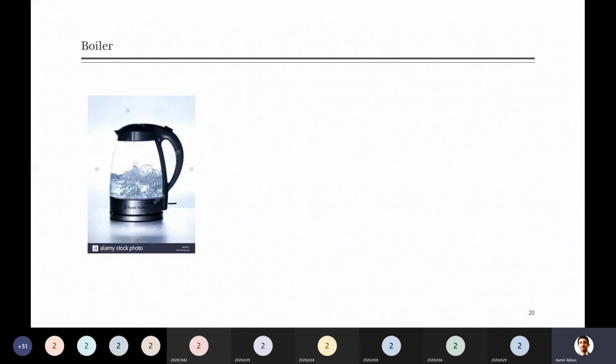But on an industrial scale, because this is lab-scale equipment, or the example of the kettle, these are very small equipment which can be heated with the help of electricity. But on the industrial scale, it is expensive to use electricity for producing steam. So what they do is burn fuel.